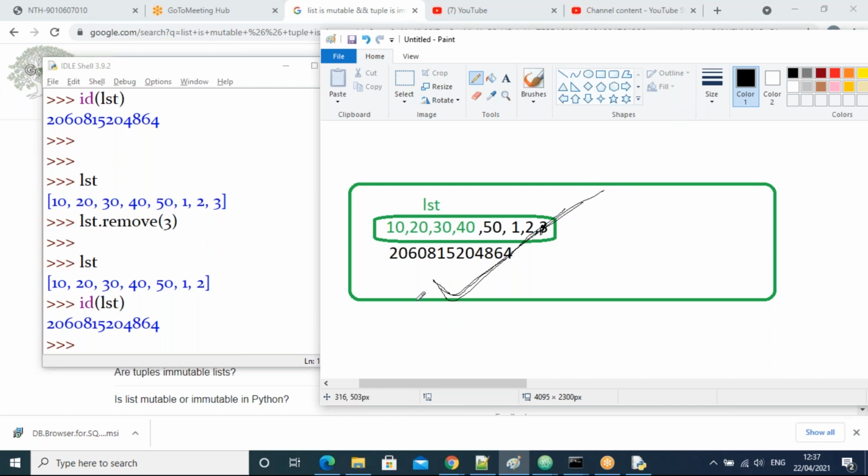Okay, fine. Then what about immutables? That we'll see in the next class, guys. Now the concept is list. Now you're clear what mutable means for a list. Next, when we come to the tuple, there we'll see the comparison between list and tuple. There you will understand what is mutable and what is immutable, the difference, guys. All of you are clear, right? So yes, guys, you have to focus more on this list. That's why we spent more time.